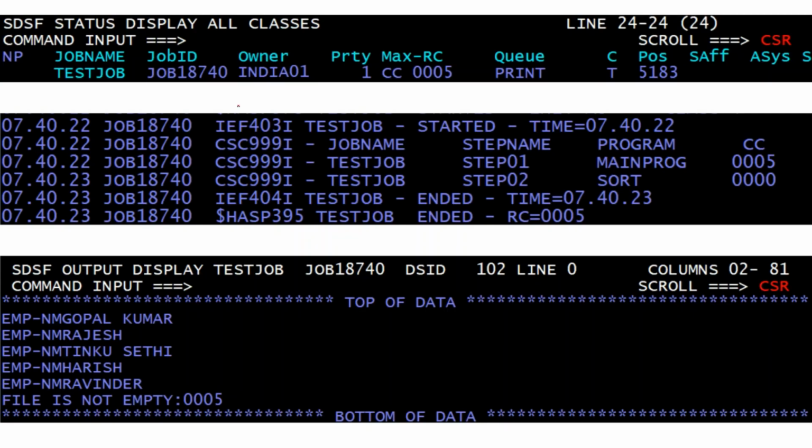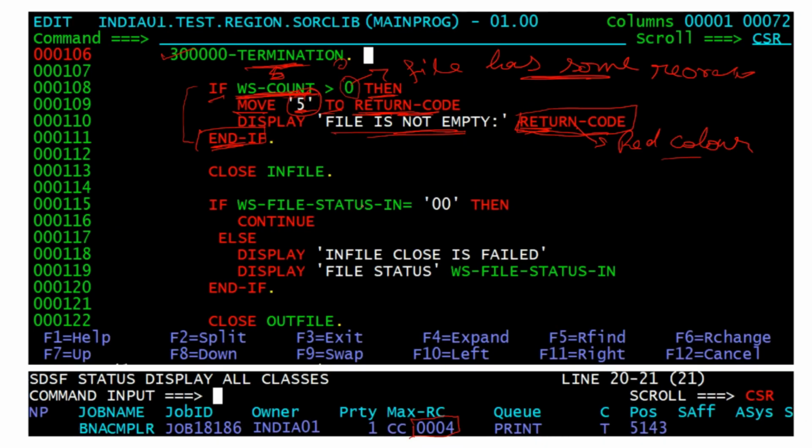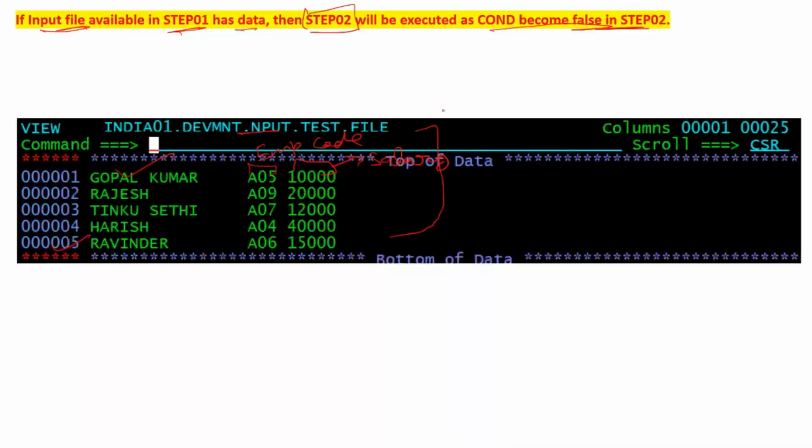I have executed the program, meaning I have submitted the JCL, and I received the max return code 005. Each step, STEP01 and STEP02, is completed, but STEP01 has returned the 005 condition code, which we moved into the program.